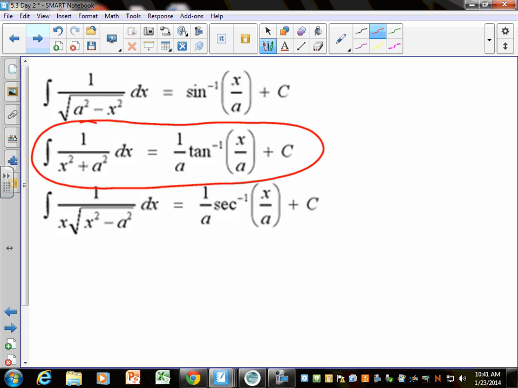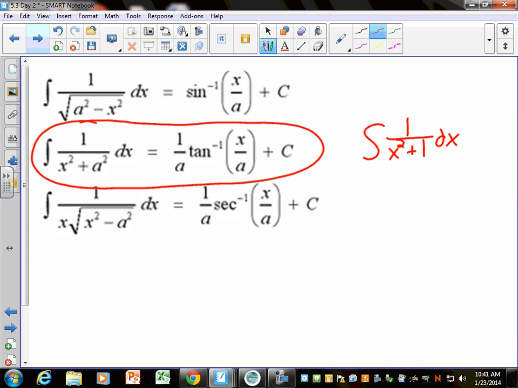On the AP test, I can't say for sure, but I can tell you that in years past, the only one that's ever shown up is inverse tangent because people confuse it with ln, and so they put it as a multiple choice question, and one of the options is ln, and one of the options is inverse tangent, and they want to know if you know the difference. I have an example on the next one, but if I had the integral of 1 over x squared plus 1,